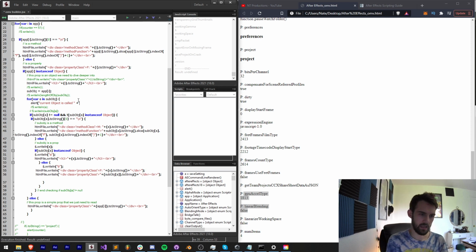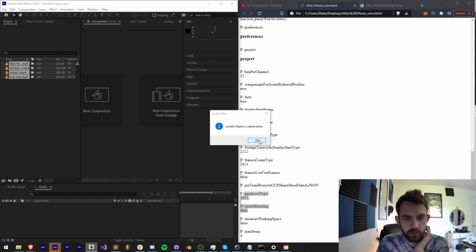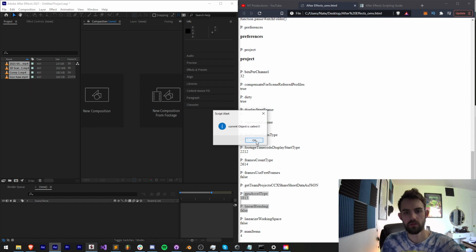And we're gonna add in, I guess, A. And then I'm going to write both of these. I'm just trying to identify if it's able to read that at all. Current object is called active. Let me make sure it's